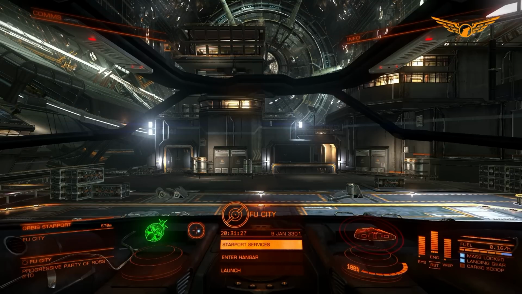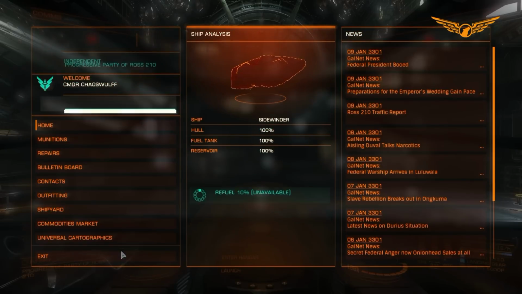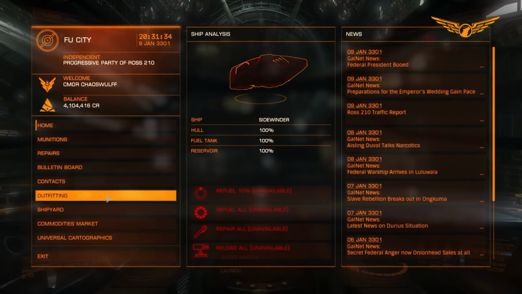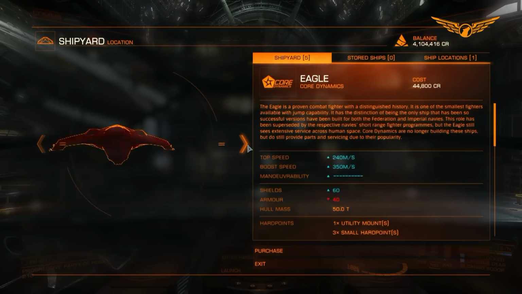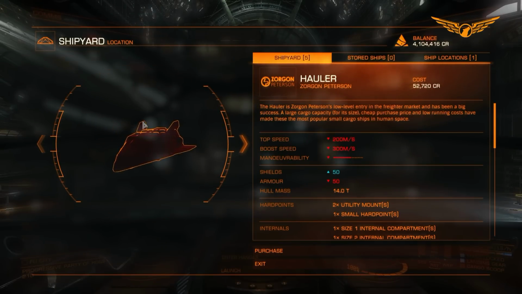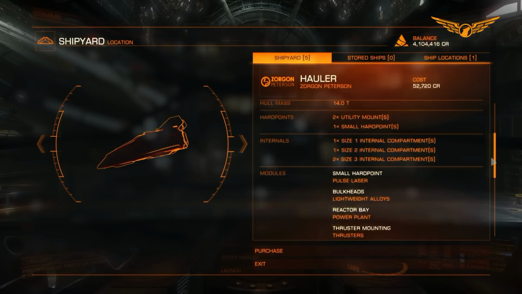And what you want then is to basically upgrade your ship. What you're going to want to do is go into the shipyard and let's see if they've got one here. There we go. It's just 52,000. So 53,000. You pick yourself up a hauler. And what that does is that gives you, to start off with,